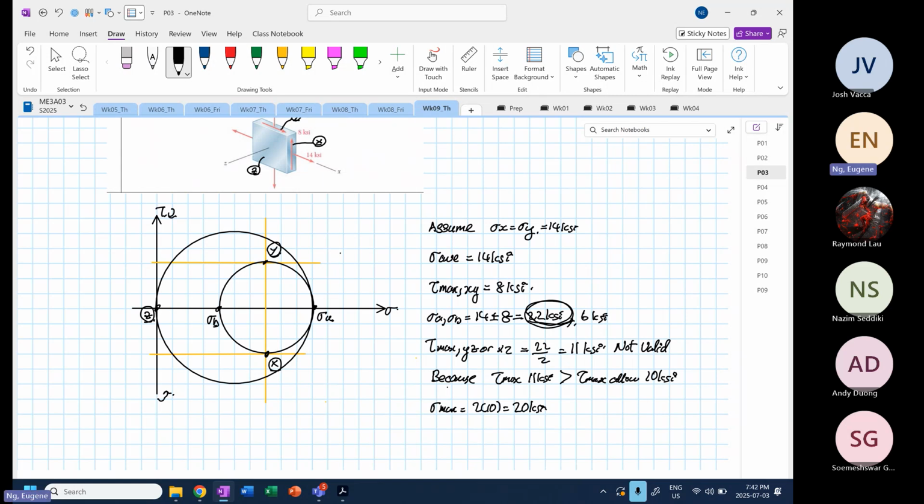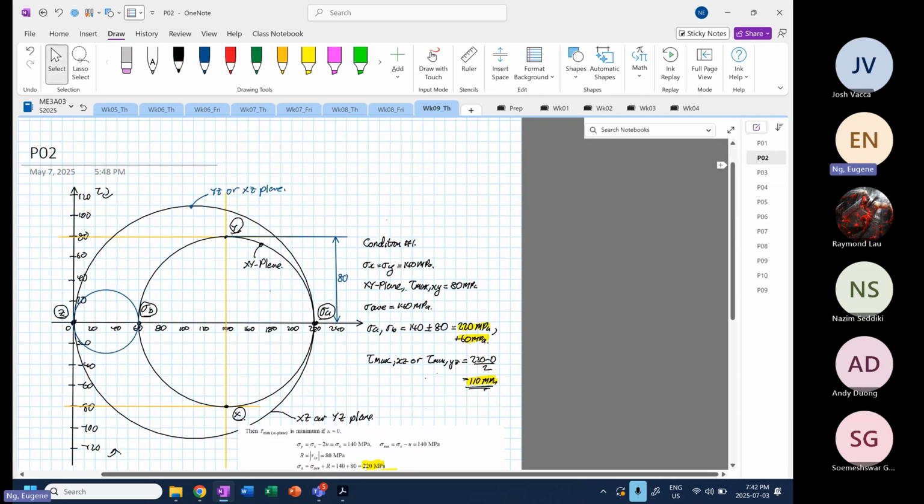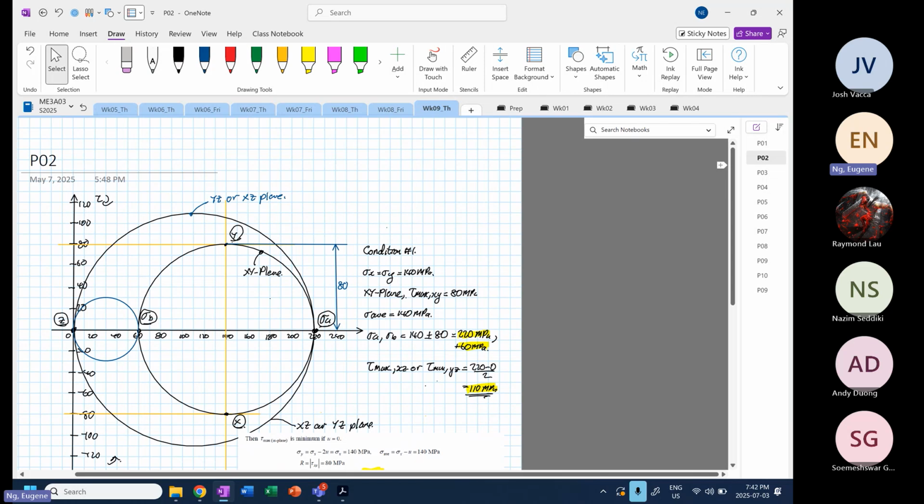Now, the one before that we have just done, I know you like to compare and contrast. Okay. We were not told what is tau max. So it is a possible value. You all get what I mean? That is a possible value. Okay. Right, for the previous example that I'm showing now. So that is a possible value. Okay. But for this case,